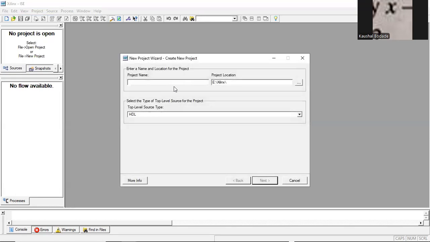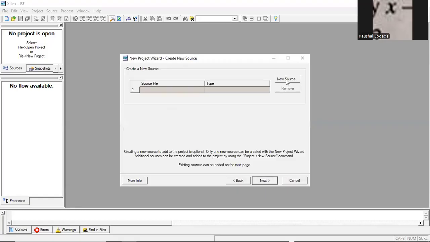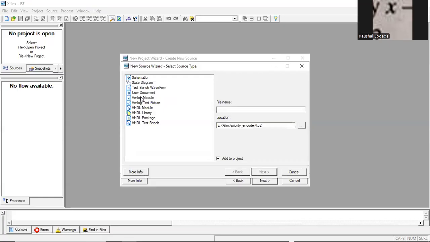We will give it a name here. So it is priority encoder 4 to 2. Next. Here we will make a source file for it. If we had to do it in VHDL, we would select a VHDL module, but now we are doing it in Verilog. So we will select Verilog module. We will copy this name